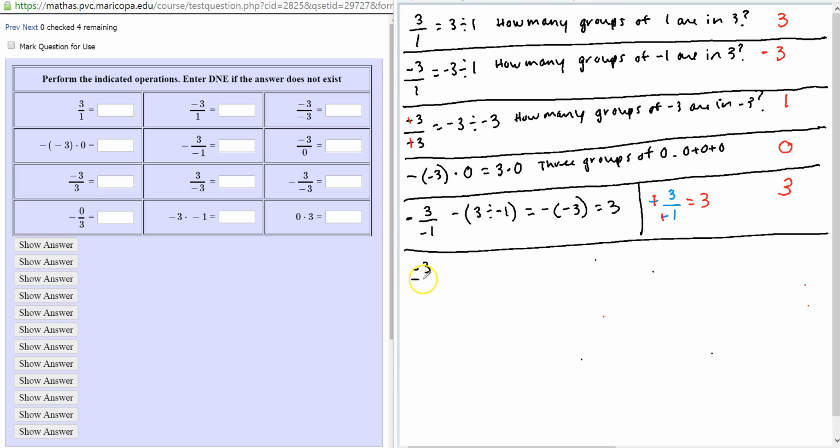Negative 3 divided by 0. Okay, now it may be tempting to say this is 0. We saw that when we multiplied by 0, we got 0. But let's write this out in words, what this means. It means how many groups of 0